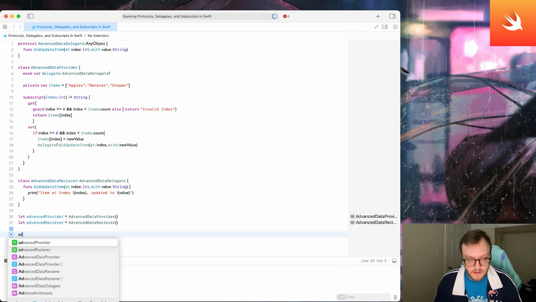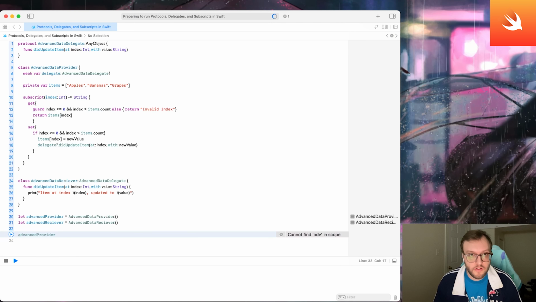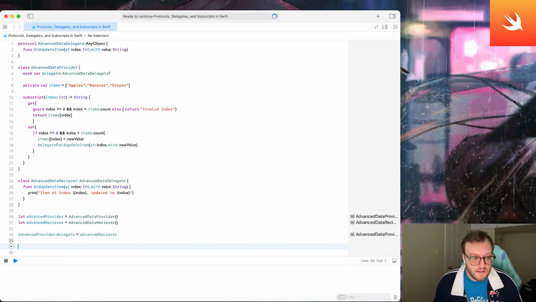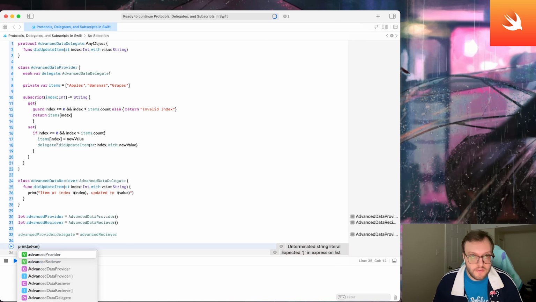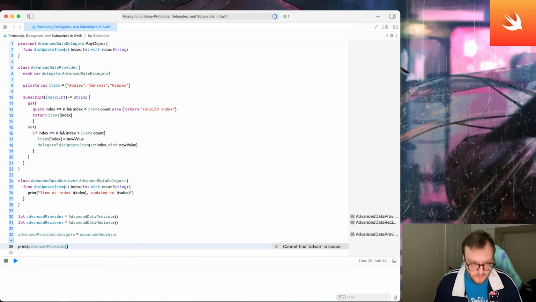Go ahead and now say advancedProvider.delegate equals advancedReceiver. So this is going to set the receiver as the delegate. And let's go ahead and now print the advancedProvider, and let's reference the 1